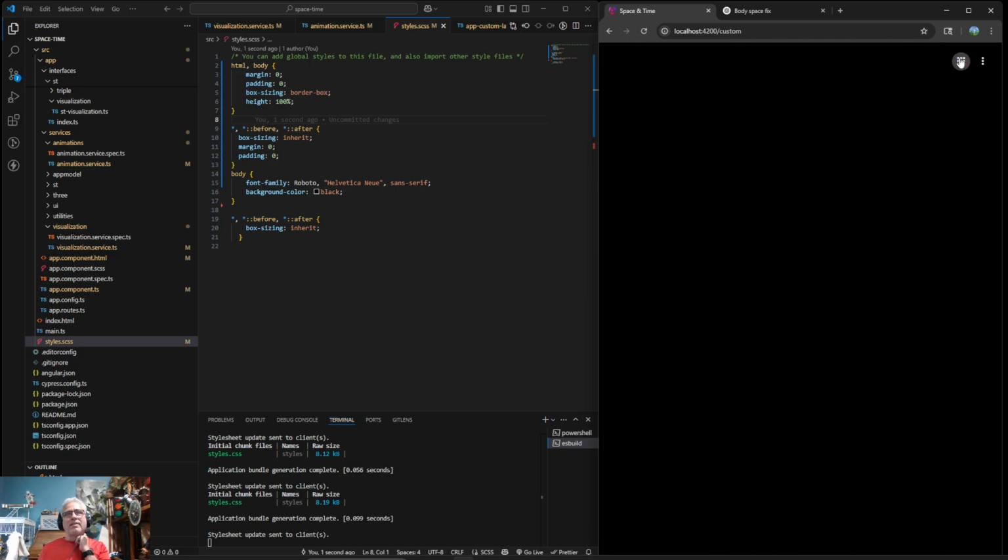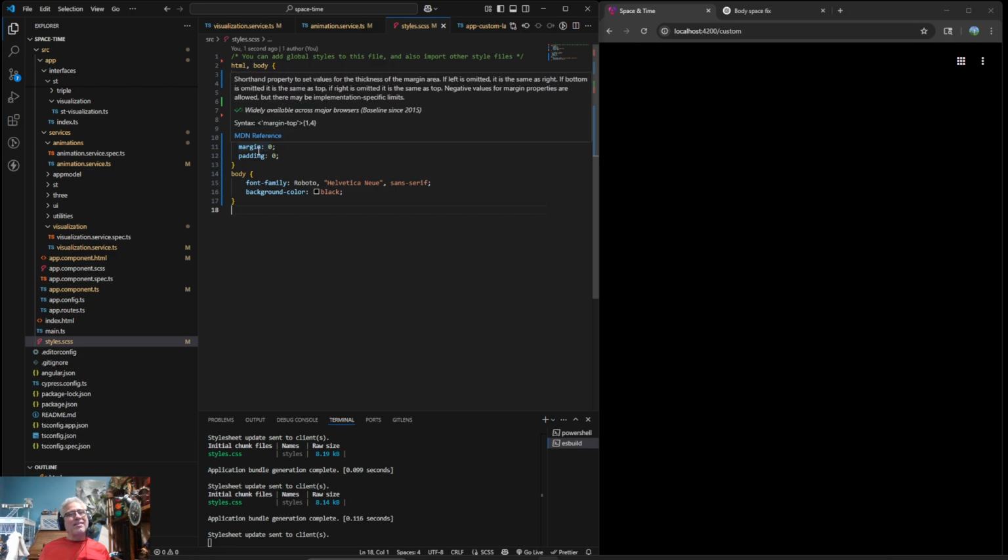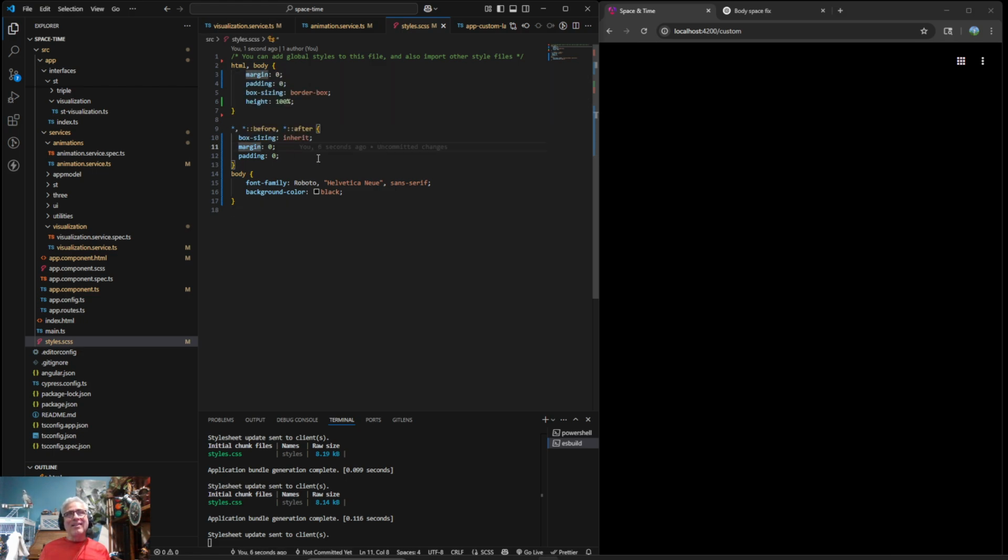Okay, but that seems to have solved it. I guess we don't need this one. Box-sizing inherit. So I think this is saying everything gets it. Now, I think this is saying that nothing can have, but I think that will get overridden pretty easily. And I guess I want to stay with the consistent tabbing.